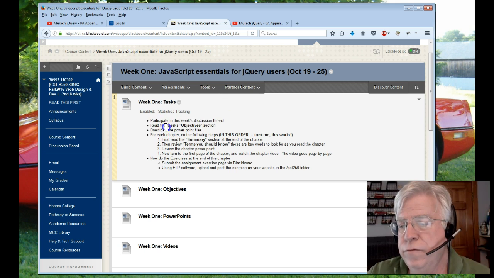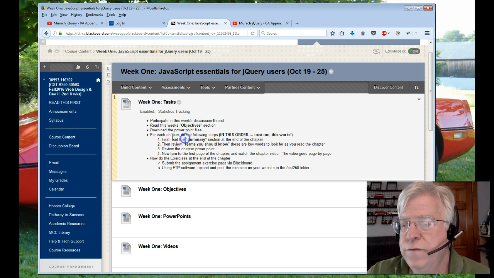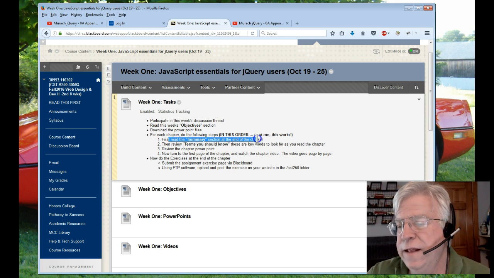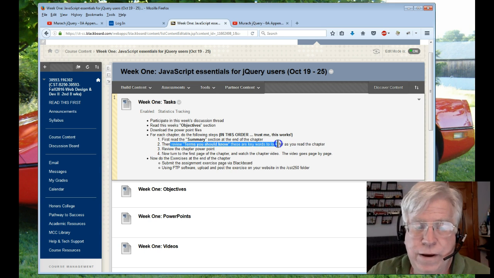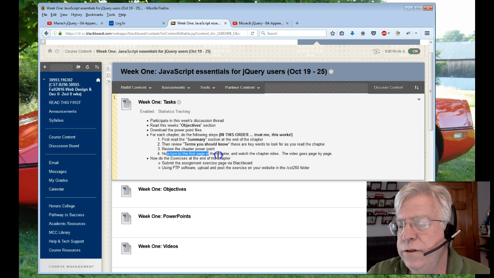Participate in the discussion, read the objectives, download and review the PowerPoints. And then I suggest for each chapter, do the following steps in this order. Trust me, this works. First, read the summary section at the end of the chapter. Then review the terms you know. These are keywords, and by the way, they're in your homework assignment. Review the chapter PowerPoint. Now, once you've done that, then turn to the first page of the chapter and watch